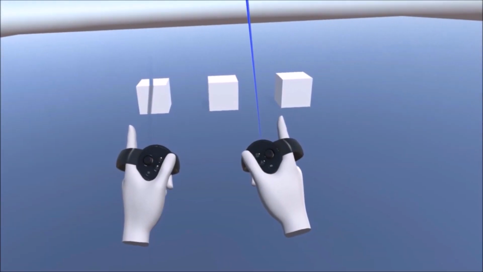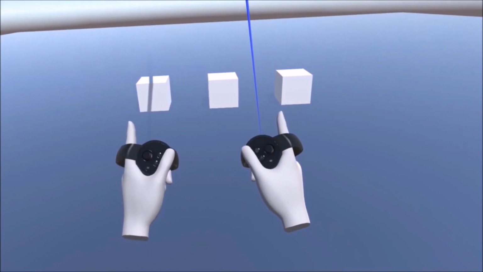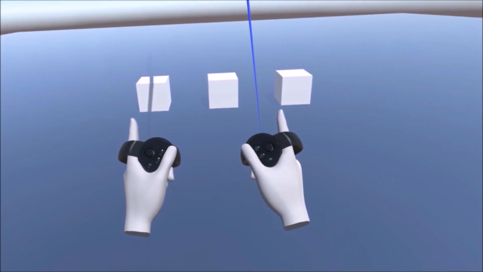The first interaction technique is raycasting. Multiple objects can be selected and positioned via controller input. The control scheme for the raycast in this application is analogous to the mouse and keyboard input scheme from a